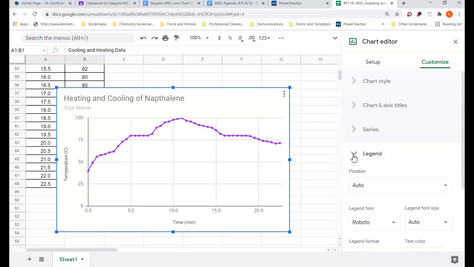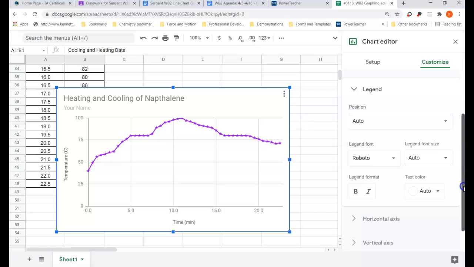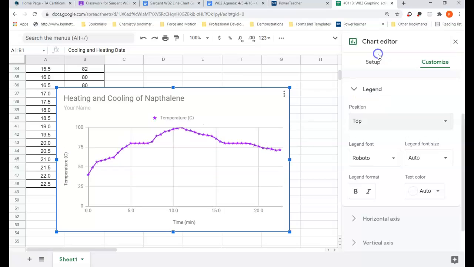Typically, if you only have one set of data, you wouldn't have a legend. And so, there's really not much we could do here. It does auto position your legends. I always like to make sure a legend goes on the top. Like, there we go. There's a legend. If I put that on the top, it's just telling me that it's representing the temperature, which you can leave if you want. I don't find it to be necessary to have here because we only have one set of data being plotted. If there was more than one set of data, you would definitely want a legend, and definitely on the top,